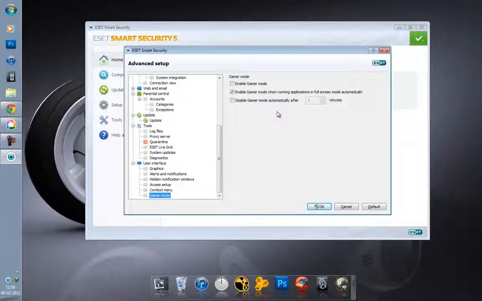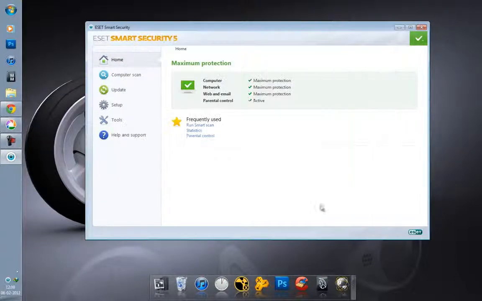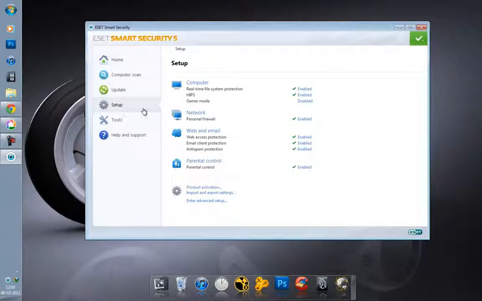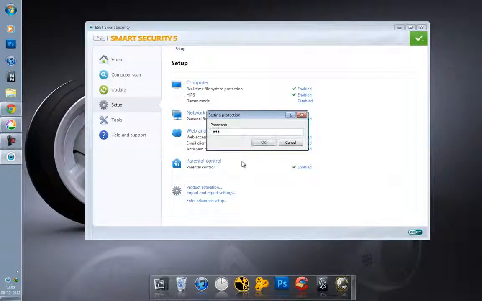In the gamer mode, I recommend that you enable the gamer mode when running full screen applications, because ESET won't give you unwanted notifications when you're in any application that is in full screen, so I recommend that you enable this option. I also recommend that you go in this setup section here and export your settings, because it really